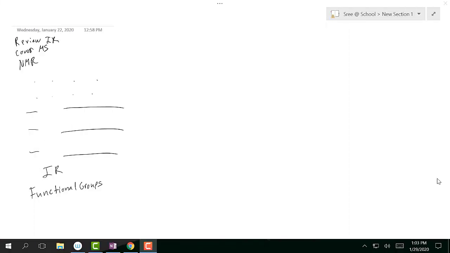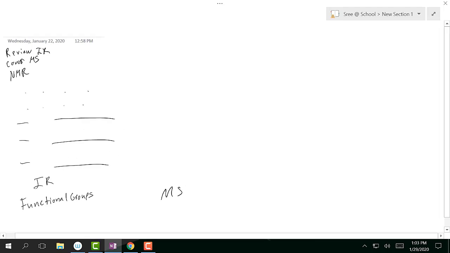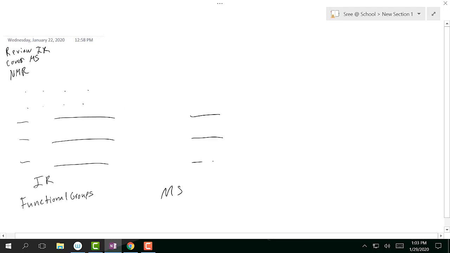So yeah, IR is used to identify functional groups, and mass spec covers the same thing. It has the same type of style in how they can ask you questions, where they have the same three mass spec graphs, fill in the blank, and then so all of these are going to be, for example,